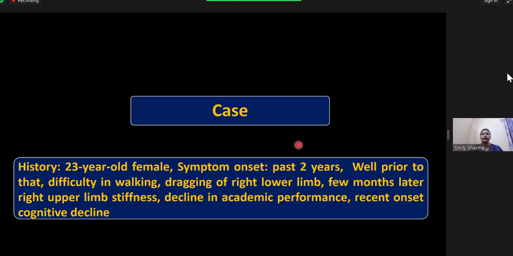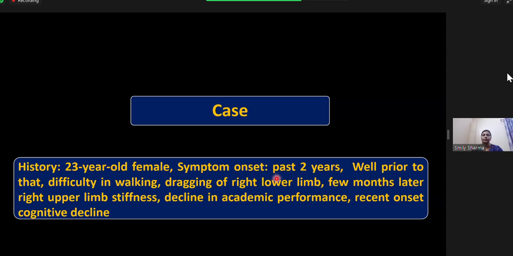So we see another case. Till now, we have seen various periventricular involvements. We saw a frontal predominant periventricular involvement in Alexander's disease. We saw a posterior predominant periventricular involvement in X-linked ALD. Then we saw just a periventricular involvement in both Krabbe's and MLD. Now we look at another case of a 23-year-old female who was totally fine initially, and just from